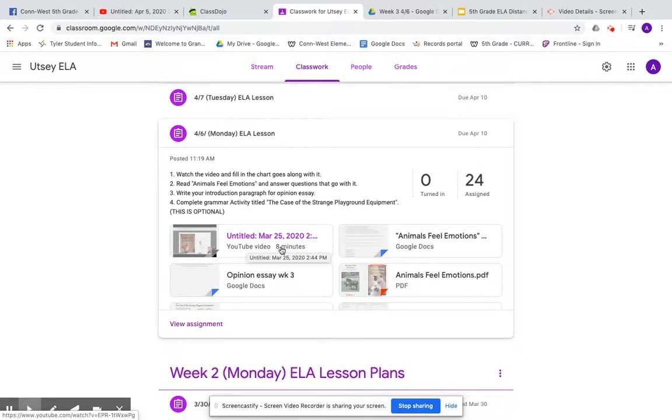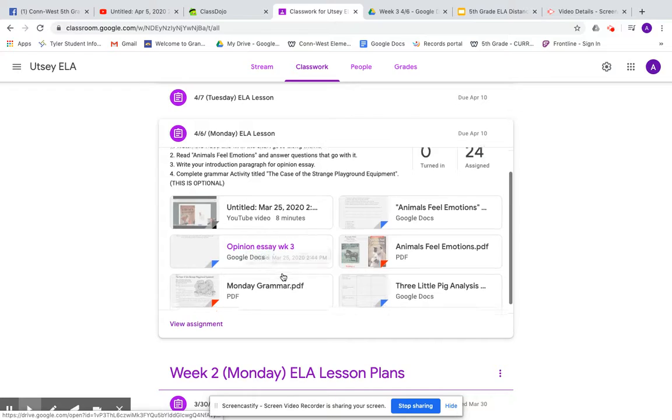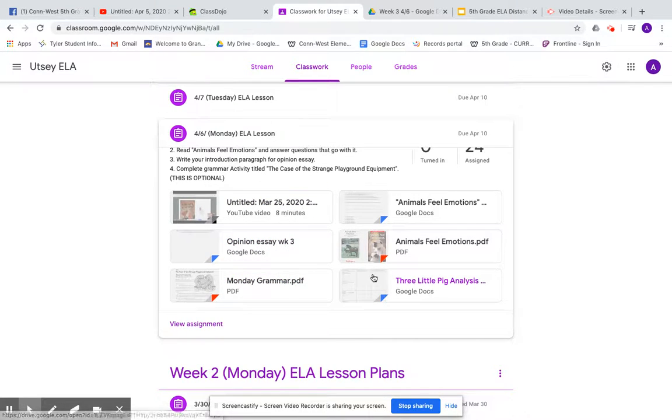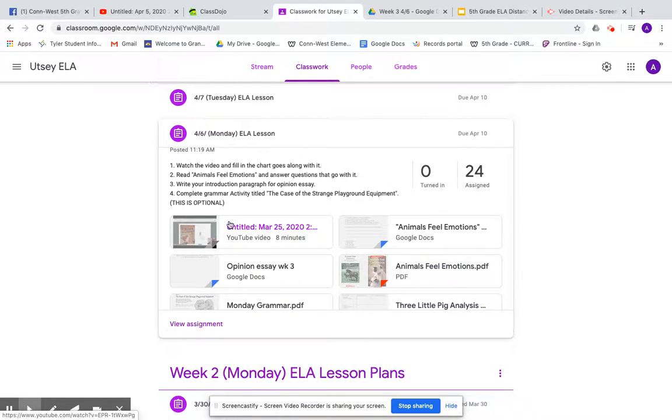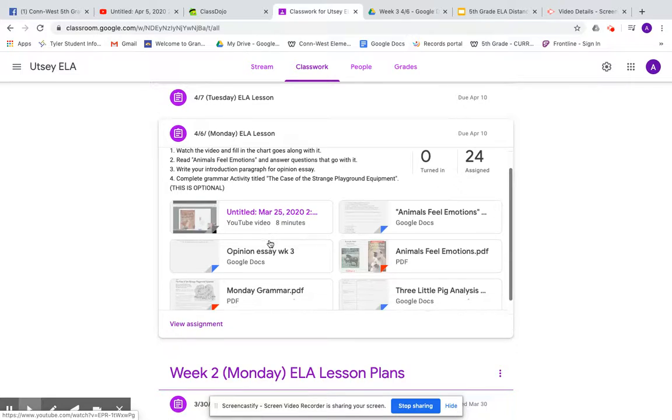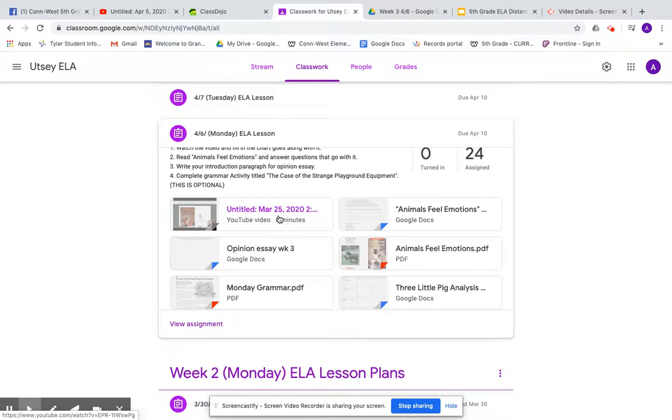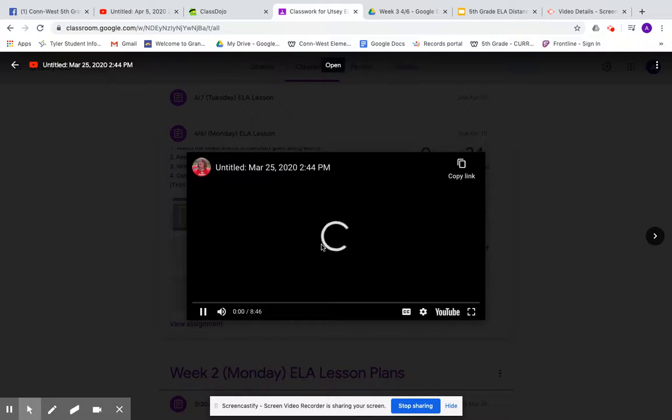And then there's a chart that goes along with that. That chart is down here and says Three Little Pigs analysis. It's a chart that you're going to fill out based off of the story that you heard on YouTube. The YouTube video is going to have 2 stories: the traditional Three Little Pigs, and then the true story of the Three